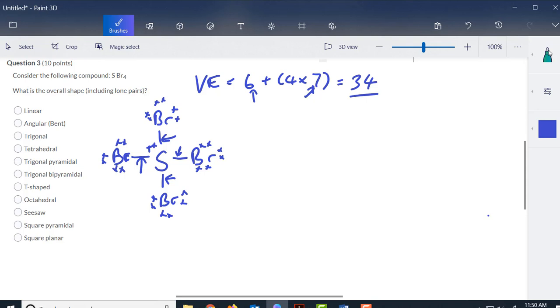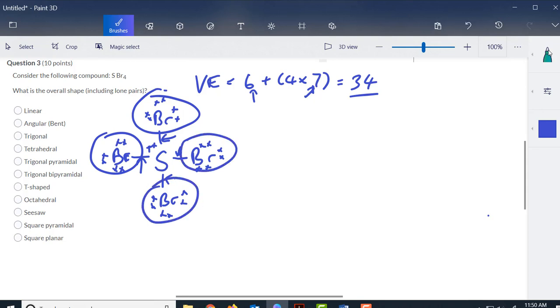Now we're looking for overall shape, and that means that everything that I'm going to be circling here is going to end up taking up space. So we've got 1, 2, 3, 4 atoms and then a lone pair of electrons. That's a total of 5 things that are connected to the sulfur, and all those things will influence the overall